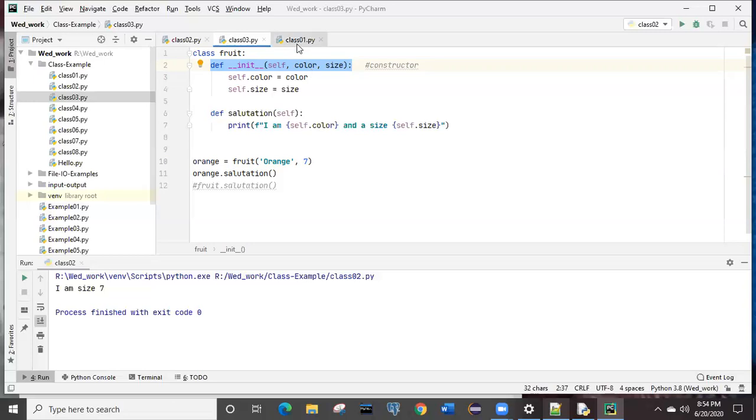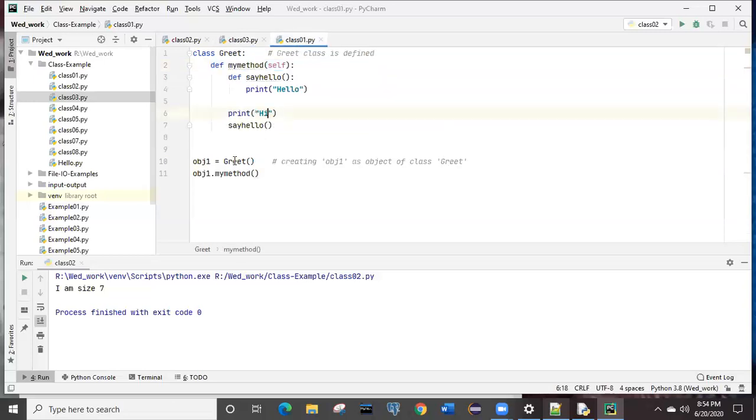If you see the previous example, there is no constructor, nothing like that. So the object is simply created. Inside that object, we didn't provide any initialization value because there was no requirement over there. So we are simply, blindly creating the object of the class.